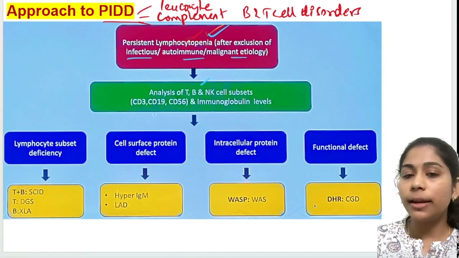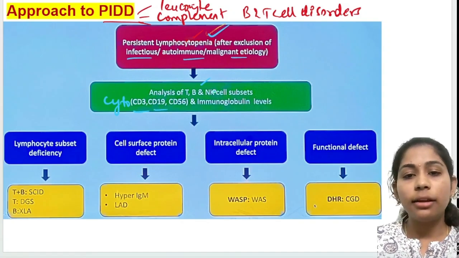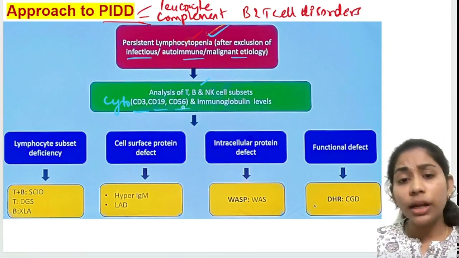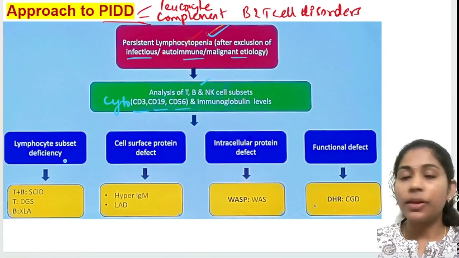So what is the marker for T cell? It is CD3, specifically cytoplasmic CD3. Then for B it is CD19 and for NK it is CD56. Okay. We are analyzing this, and if the lymphocyte subset deficiency is there,